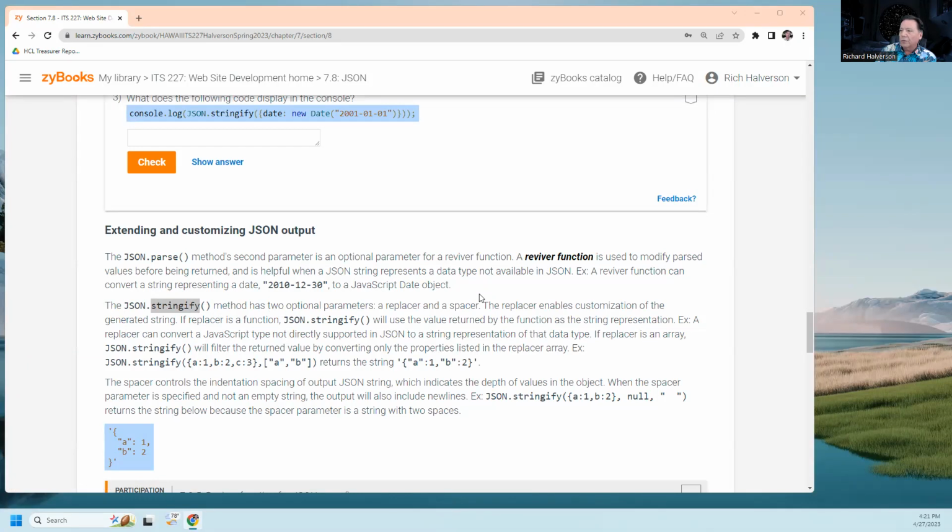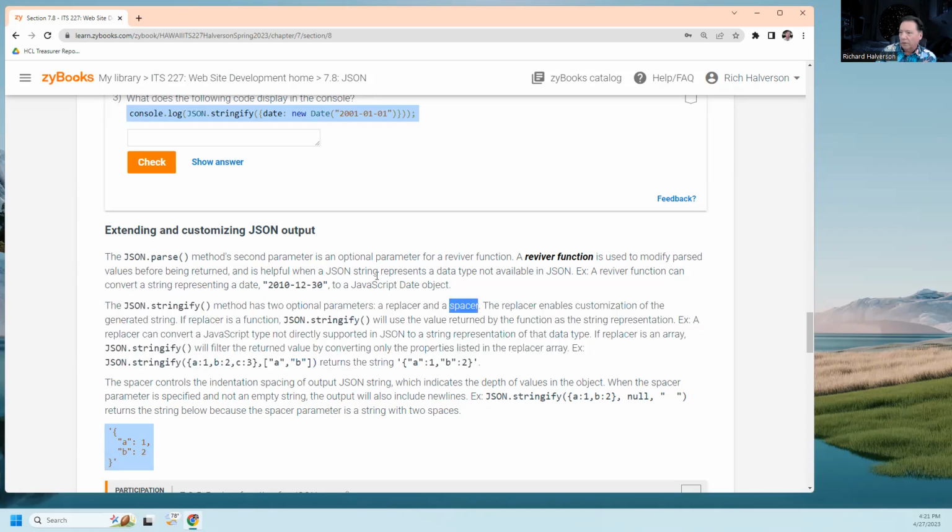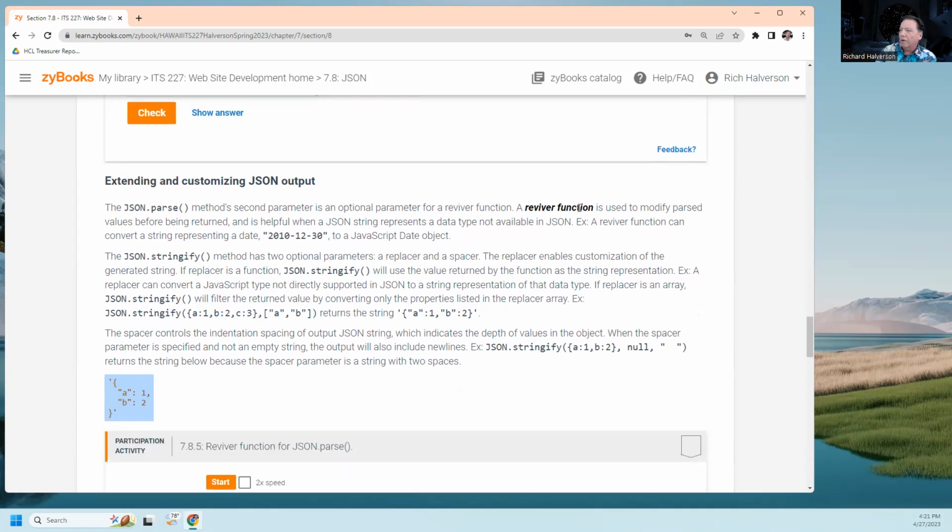The two stringify options are, and they don't bold them here, a replacer and a spacer. Okay, so in parse there's a reviver function, and in stringify there's a replacer and/or a spacer. With the reviver function, you can specify a particular key from a key-value pair, and it will replace the value for that key